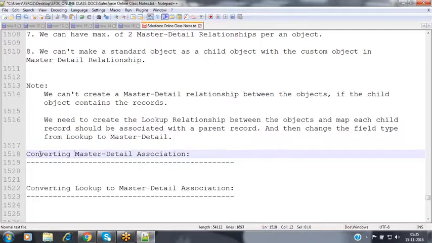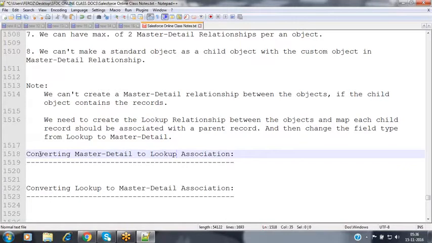Sometimes the client initially asks us to prepare a lookup association between two objects, and we are using that functionality. But in the later stages, the client asks us to change that association from lookup to master detail. Then how can we convert lookup to master detail? And how can we make it reverse back?